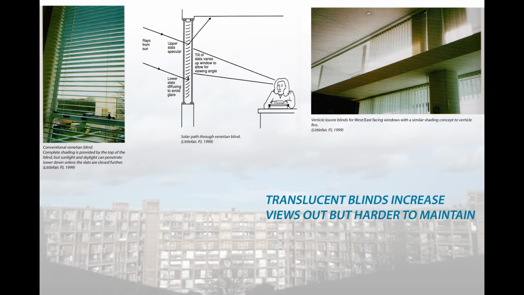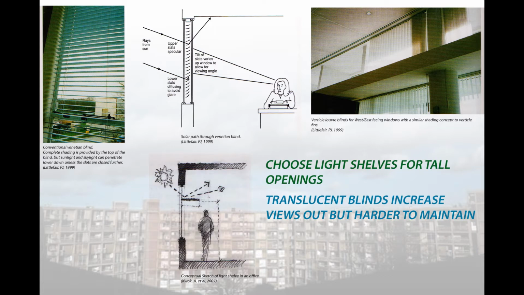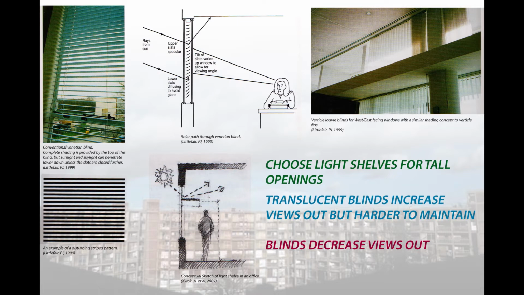Because Venetian blinds have the same concept as light shells, it is best to consider light shells for larger openings instead of blinds, since it does not obstruct the view as much as Venetian blinds, since these blinds create a rather disturbing striped pattern. There are many other internal shading systems such as roller blinds, reflective roller blinds, Austrian festoon